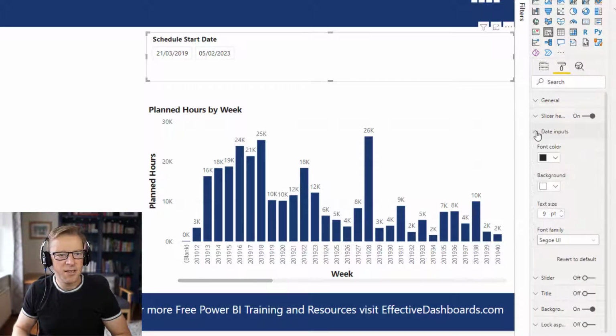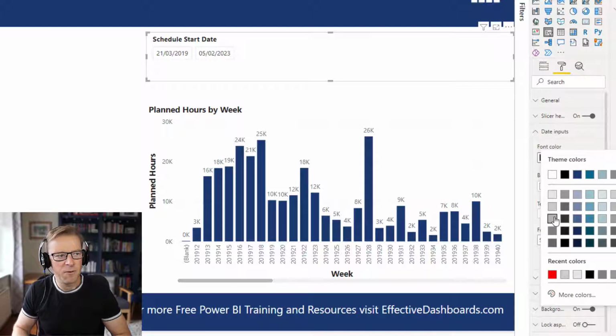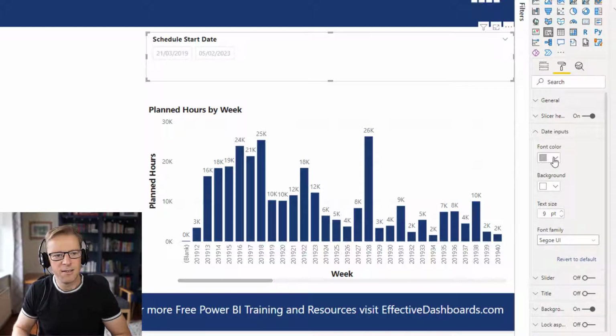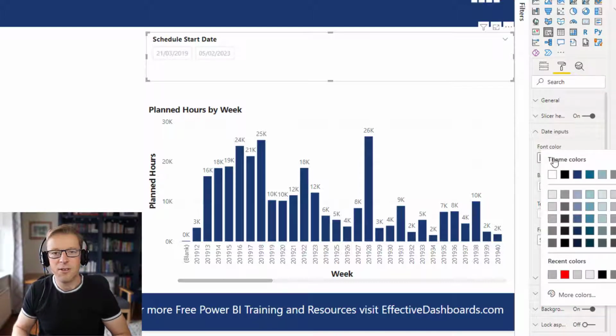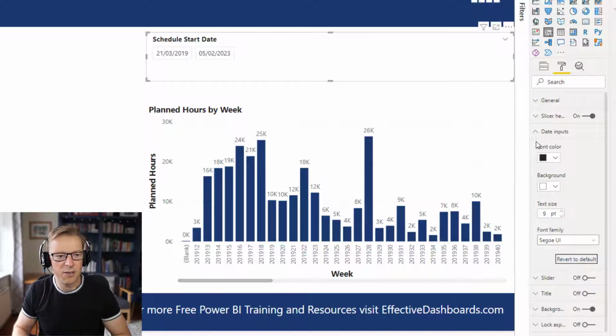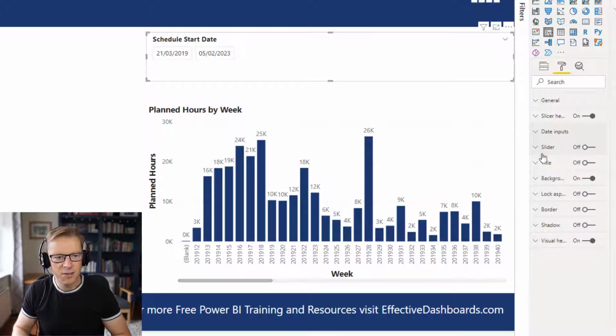Next we've got the date inputs. At the moment we can change the color of these inputs here. We can maybe make the font slightly grayer, slightly less subtle. But yeah, it's just the normal sort of configuration options. We've got the slider, we've turned that off, so nothing really to talk about at the moment. So let's go in and explore this option up here, the type, to select the type of slicer, because there's far